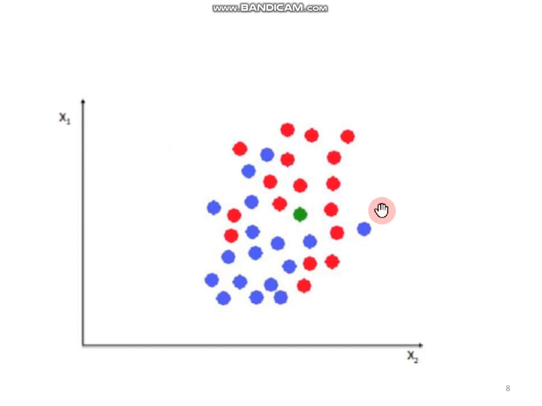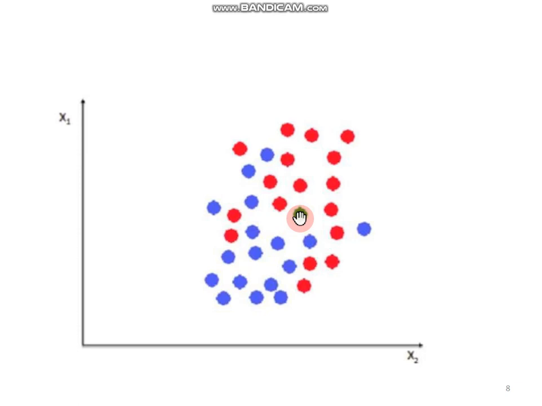You can see that there are three types of data points. One is blue, the second one is red, and the third one is green. Our task is to classify this green dot into one of these classes. Fine. In the last class we saw the same type of problem, but here, to remind you of what we covered in the last class, I am taking this example back. So first, think about this.